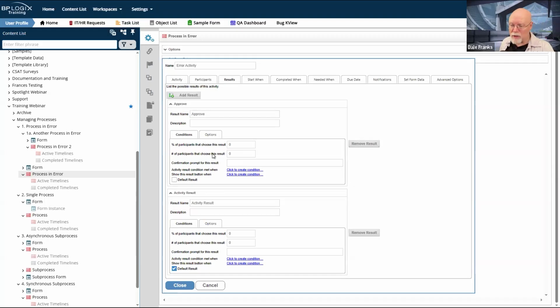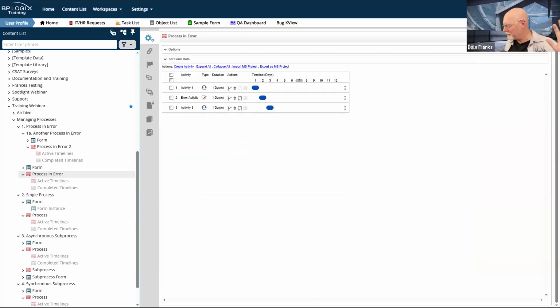You can just create a third result that never gets displayed, but is the default result. And you can call it no user assigned, or automatically complete, or whatever you want to call it. And who knows, perhaps you'll even spell it correctly.